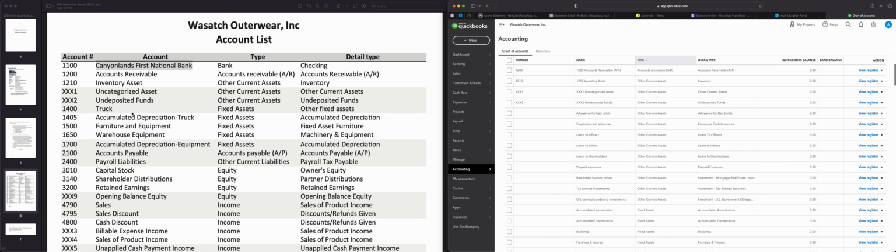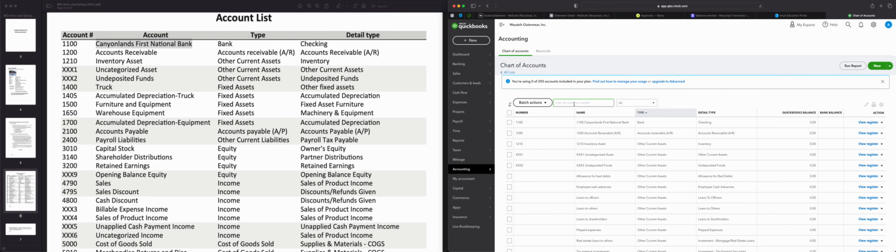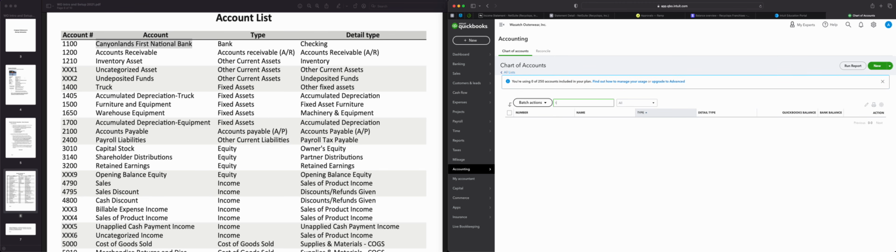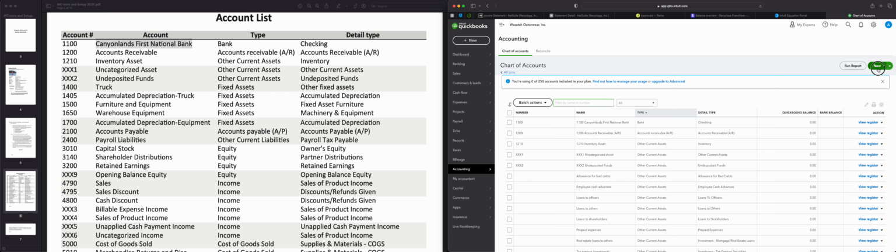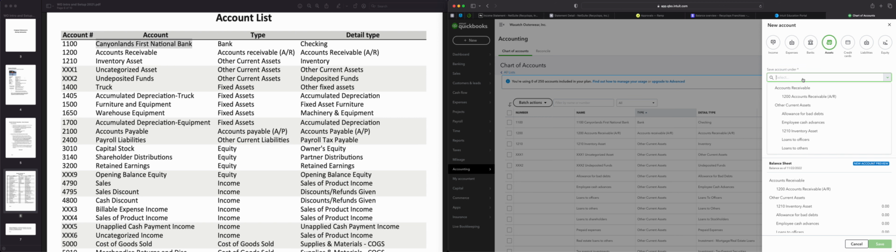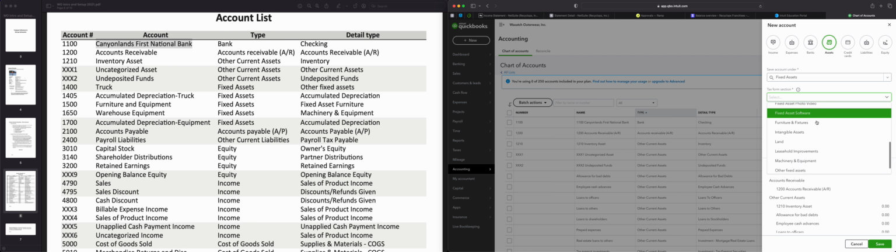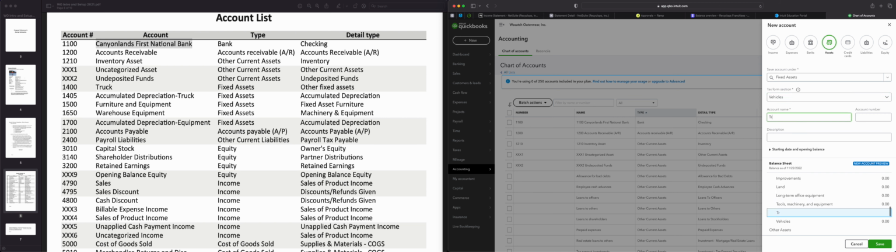And there is no truck on here. If you Google it or search for truck, that won't exist. We're going to need to create a new account, which is an asset account. Other current assets, fixed assets. It will be part of our fixed assets, and it will be a depletable asset, fixed asset, furniture, tangible vehicles. We're going to set it up as a vehicle truck,